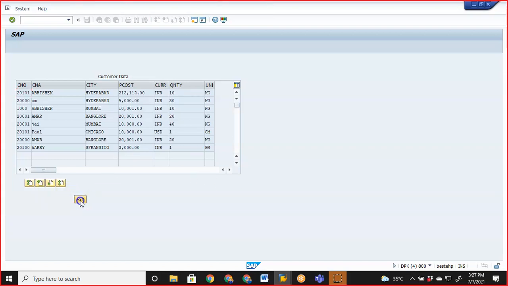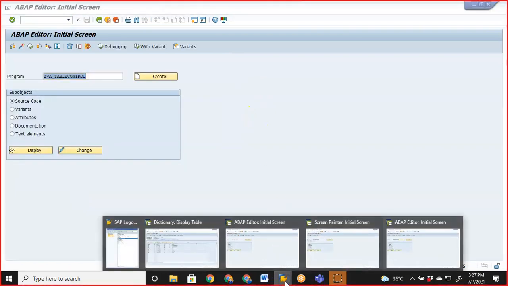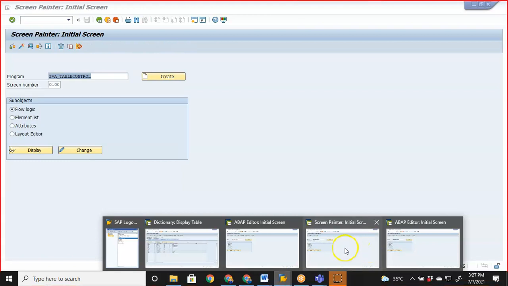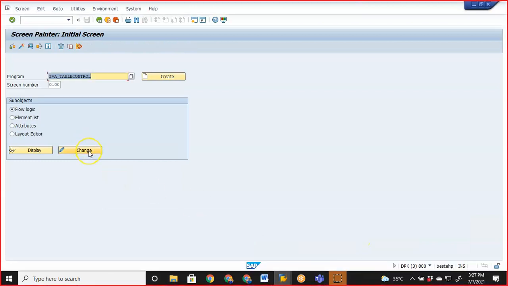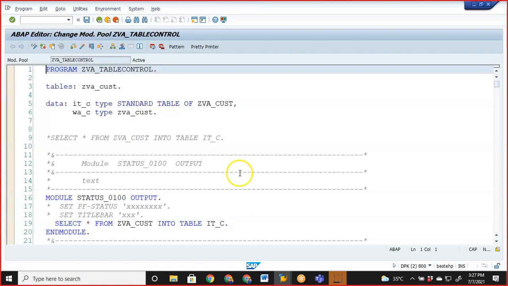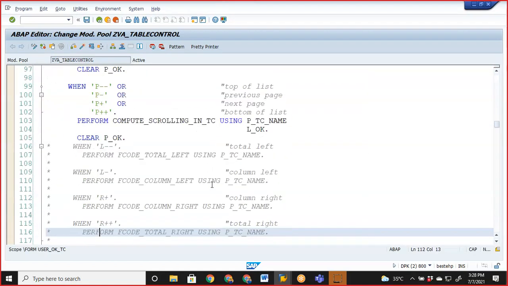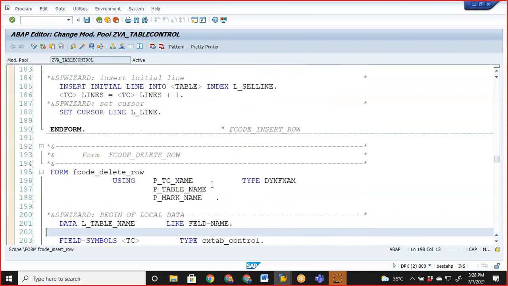Exit, I think we didn't write the logic for exit, so let me write the exit logic. Okay, now let us go ahead with it. So all this code automatically got generated.